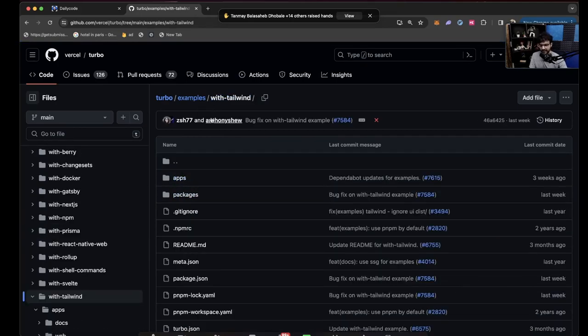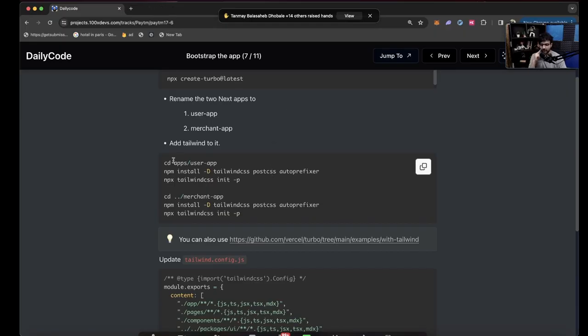So you don't really need to do all of this yourself. You can just use this as a starting point. Or you can manually add Tailwind. So the way to manually add Tailwind is you have 2 applications, which is,